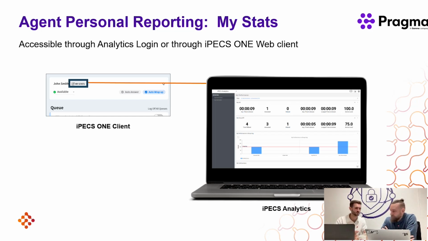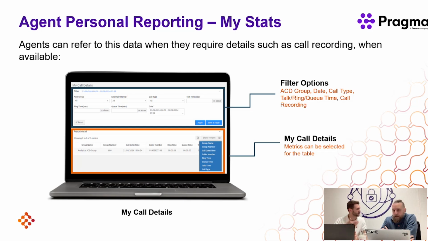I think you're going to cover how some of these might have a bit of a different look and feel, and how we can filter between them. And I think you've also already touched on this hybrid working environment where this could be quite useful as well. So if you've got some agents who are spending time working at home and they're not necessarily in front of a live wallboard in the office seeing the stats, you've got some access to at least be able to see it from a personal point of view.